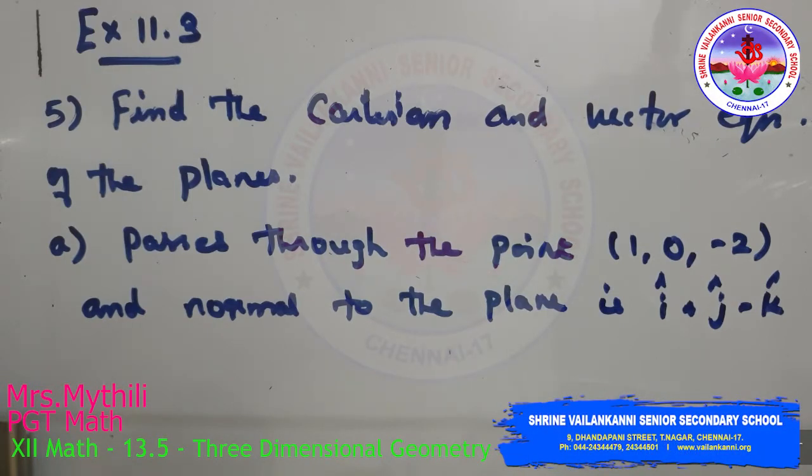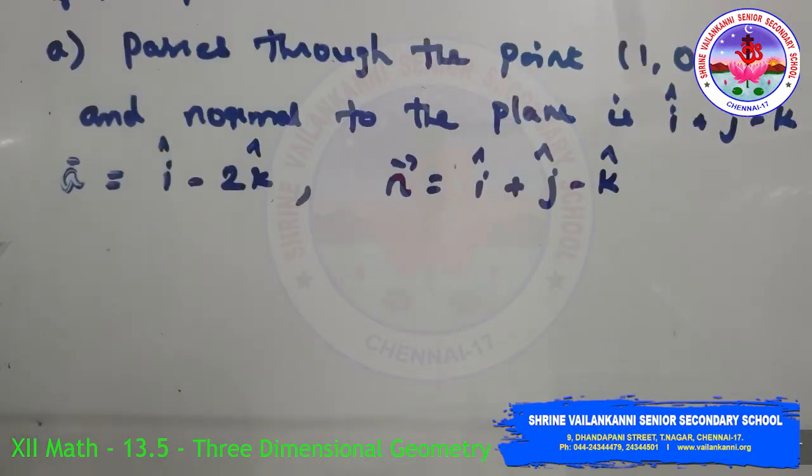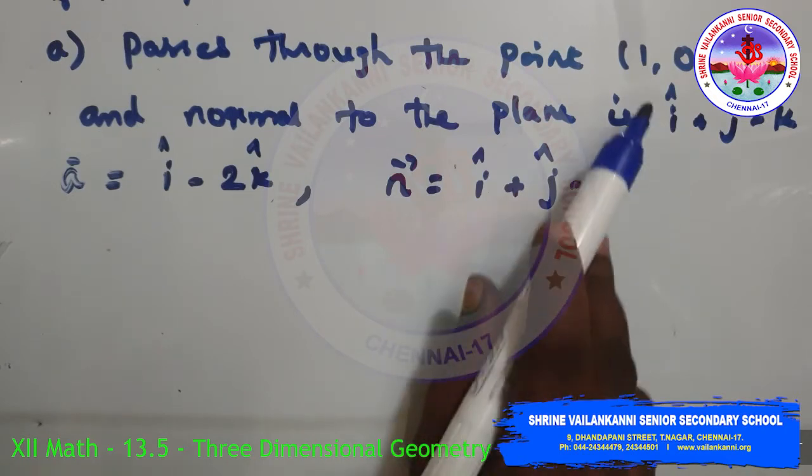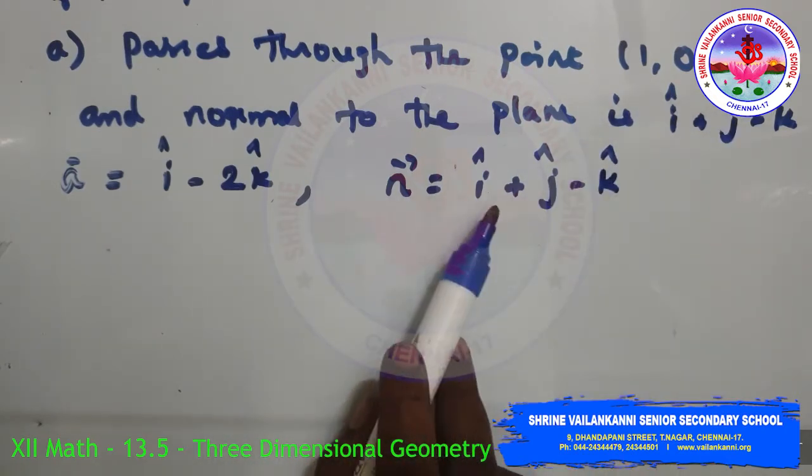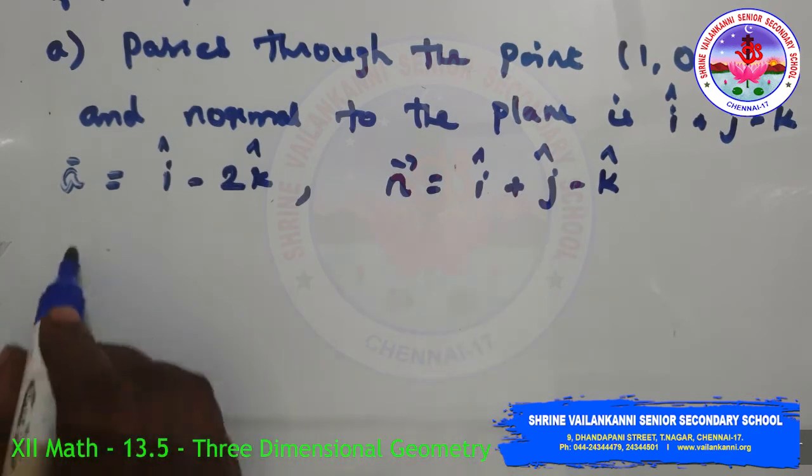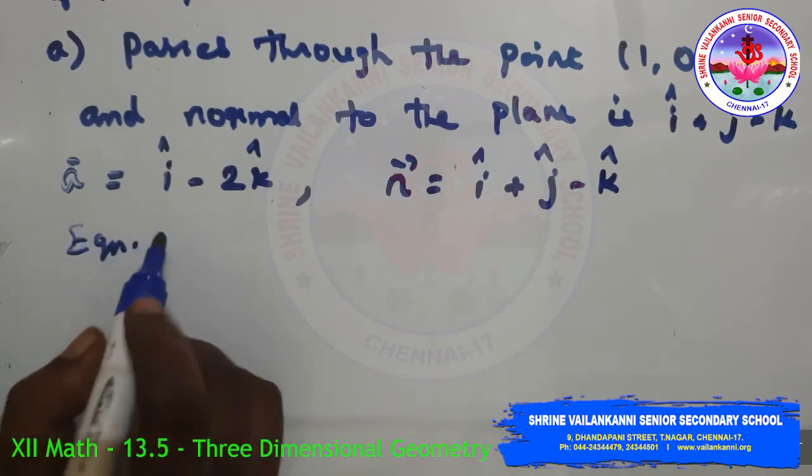Fifth question: find the Cartesian and vector equation of the plane that passes through the point (1, 0, -2) and is normal to the vector i + j - k. It's given that a is i - 2k and n is i + j - k. Equation of the plane passing through the point